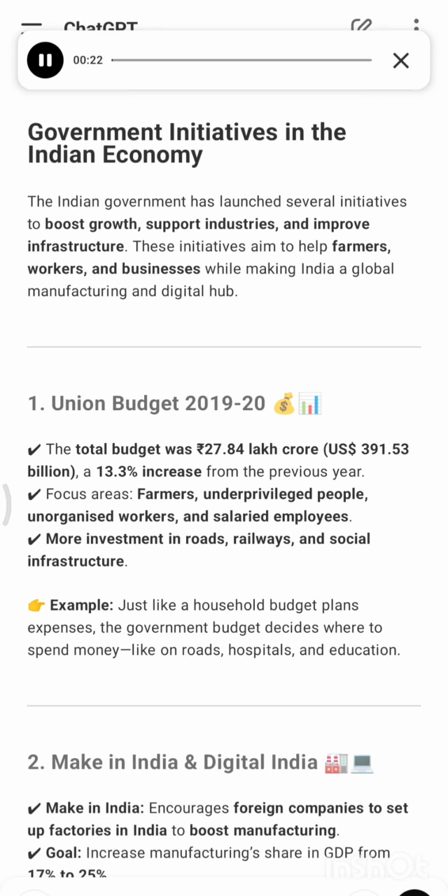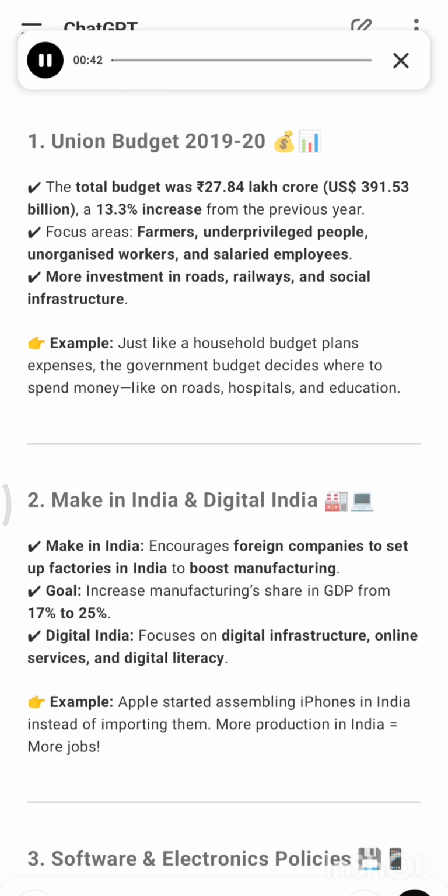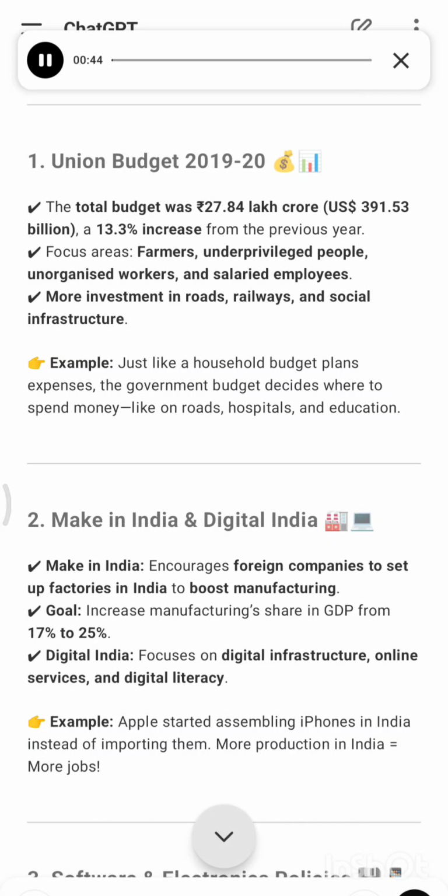The total budget was 27.84 lakh crore, 391.53 billion, a 13.3% increase from the previous year. Focus areas: farmers, underprivileged people, unorganized workers, and salaried employees. More investment in roads, railways, and social infrastructure. Example: just like a household budget plans expenses, the government budget decides where to spend money, like on roads, hospitals,